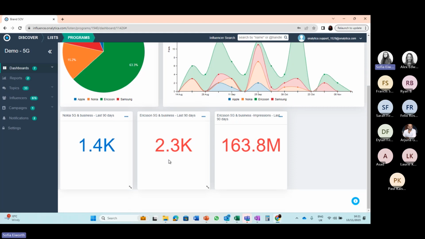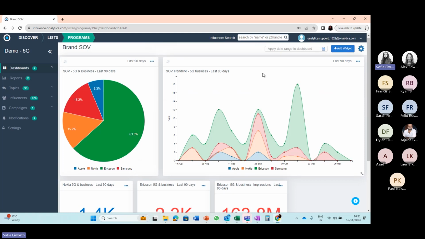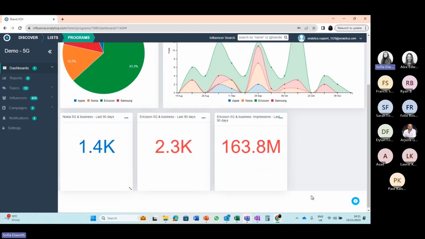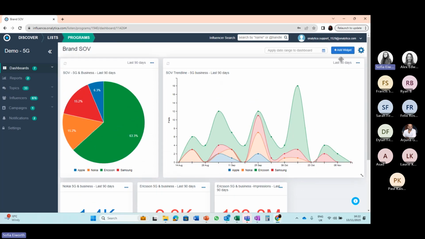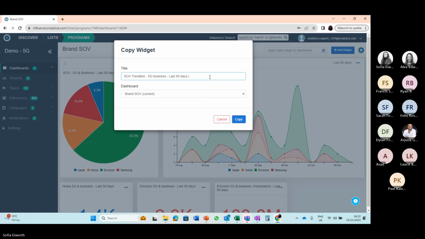And then we can again copy this brand per brand if we want to. It just makes it a little bit easier, I think. If we want to have a trend line for impressions, again, we can either go and build it again, or we can go and copy, because I'm going to do the same trend line. I'm just going to choose impressions rather than posts. So if I copy this and then make sure that it's clear that this one is impressions,